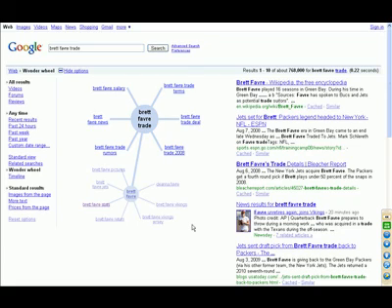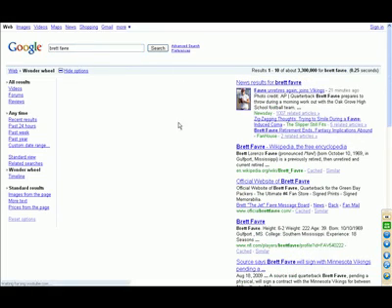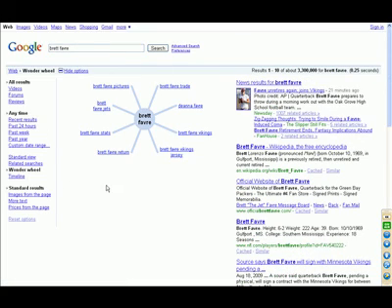Exactly. And Jared, I want to be 100% clear so people know what to do. So you type in Brett Favre, and then you go to the Wonder Wheel. You're going to make one campaign with a single keyword for each ad group. So in this case, you would so far have 9 different ad groups. And then you're going to click on each of the keywords in this first concentric circle, and you're going to